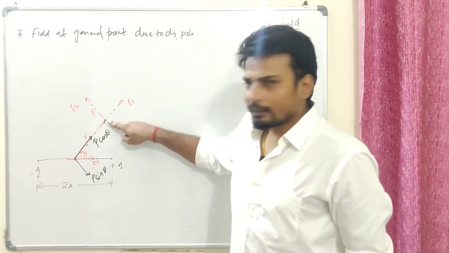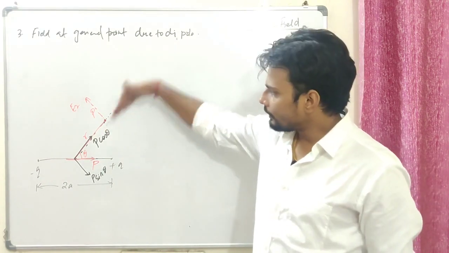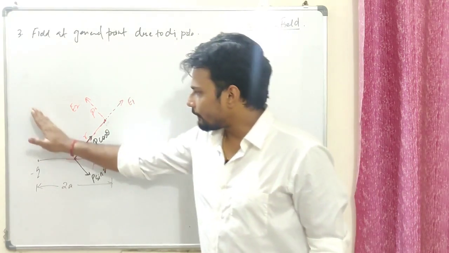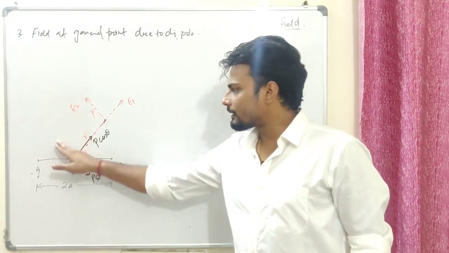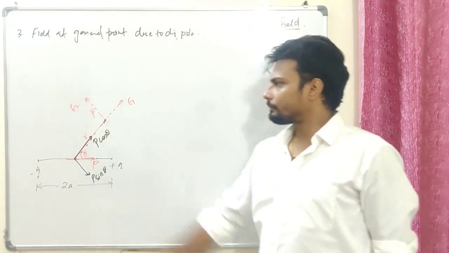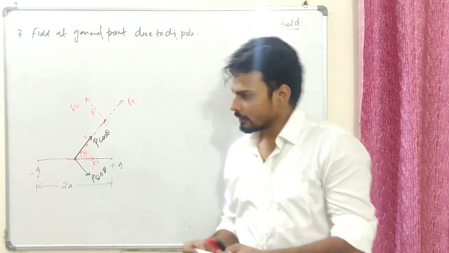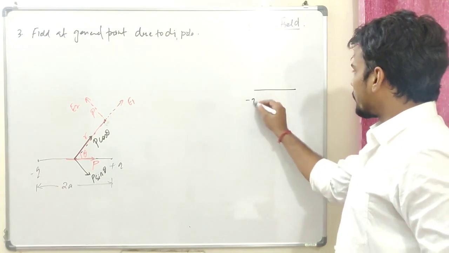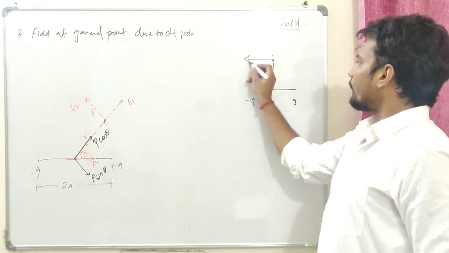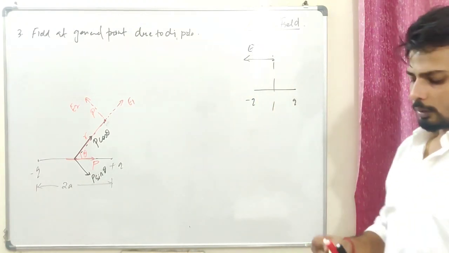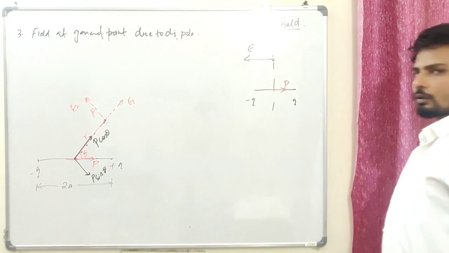Now there's going to be a field at this particular point because of the dipole P cos theta along this axis, right? And if I look at the other component, this point is on the perpendicular bisector of the dipole P sin theta, so I'm going to find the field because of this. All okay? Now, I think we have seen in the previous case, if I would have missed out there, I'm going to put it right away over here. On the perpendicular bisector, the direction of electric field is opposite to the direction of the dipole moment, right? If you guys have missed out there, write it down.